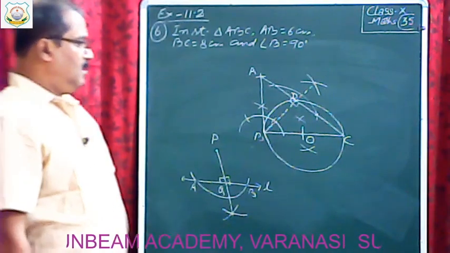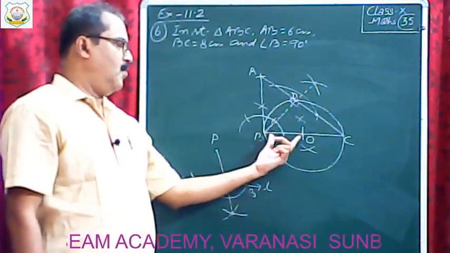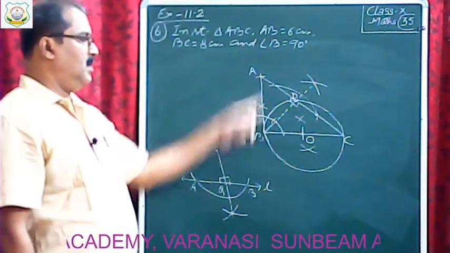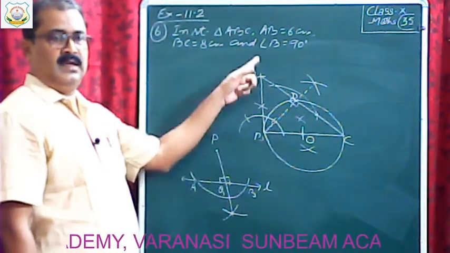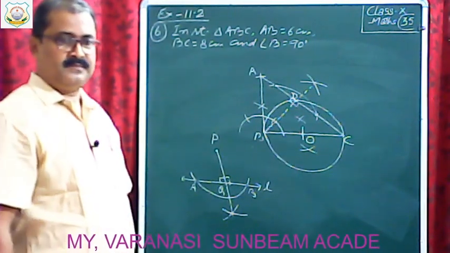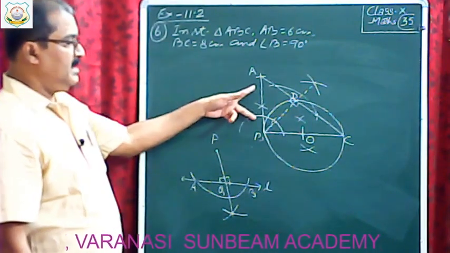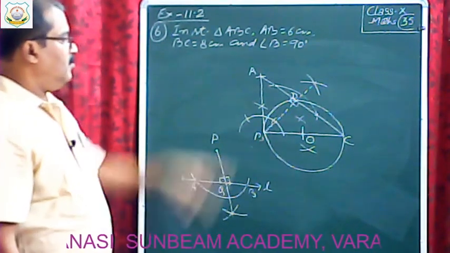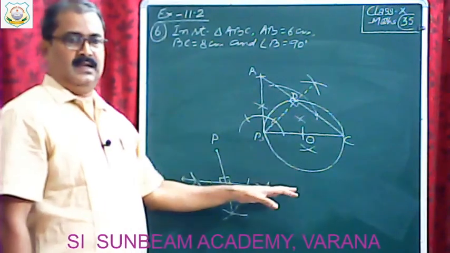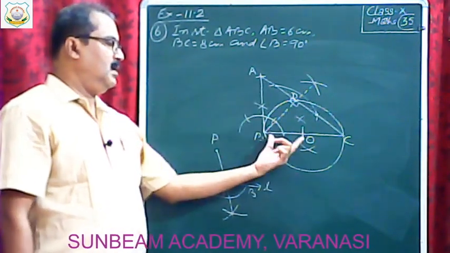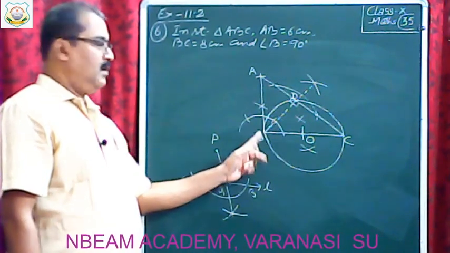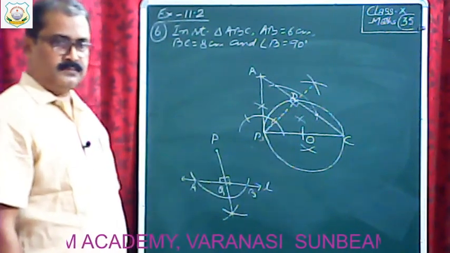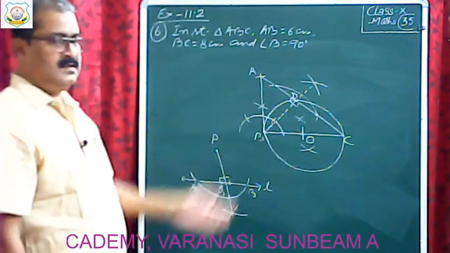Clear? So let's see, we have drawn a circle, radius OB, and through B the perpendicular we have drawn. One tangent from A to the given circle we already have. So AB is tangent. What we have to do now is draw tangents from A to the circle. After drawing the circle we get radius OB, and the perpendicular through B means AB is tangent to the circle with center O. Here already one tangent we have.